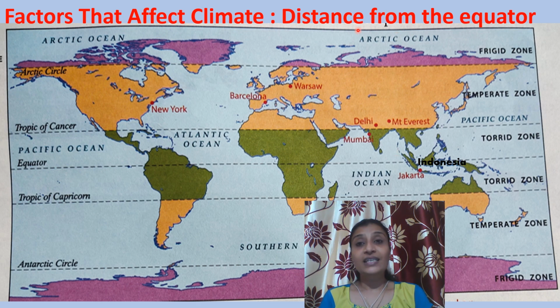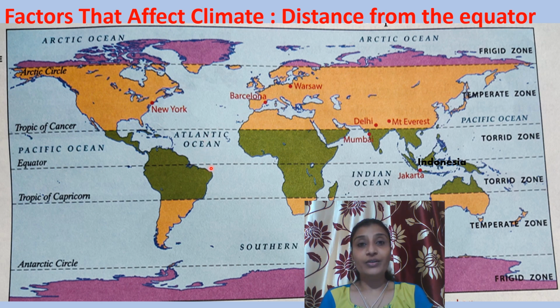These zones cover a vast area. Vast means big area with different kinds of landforms. And so each of them has places with different kinds of climate. The nearer a place is to the equator, the hotter or warmer it will be. And as we move away from the equator, the places get cooler.